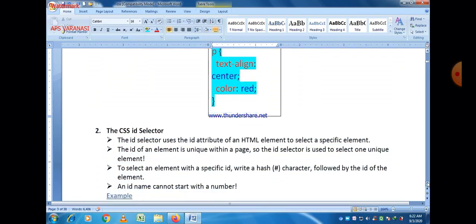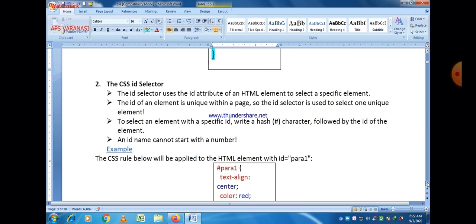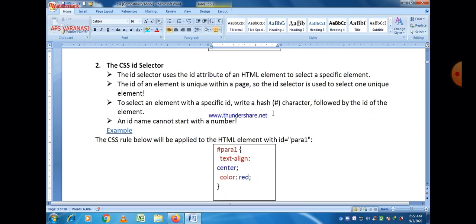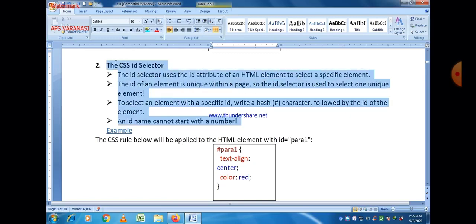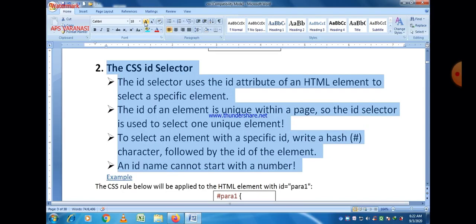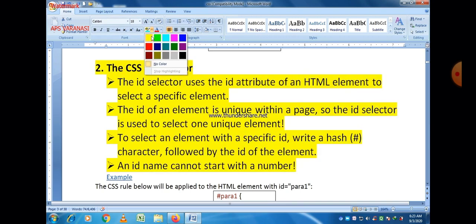Next is the CSS ID selector. We can apply a CSS selector in another way, that is using an ID. So instead of using the name of the tag, we give it an ID.